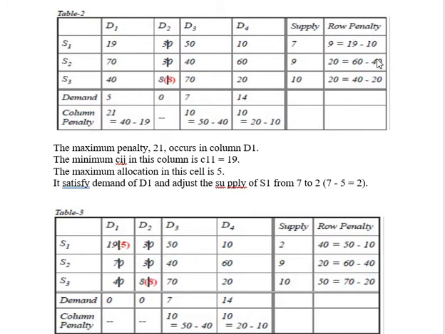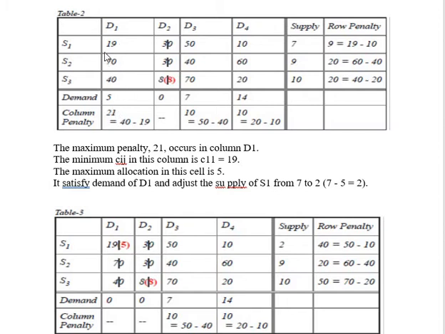Then from these penalties, row and column penalties, look at the largest penalty, that is maximum penalty is 21, that occurs in column D1. In this column, select the cell with the minimum cost, that is minimum cost is in the cell S1 D1. We have to give the allocation to that cell. To find the allocation,